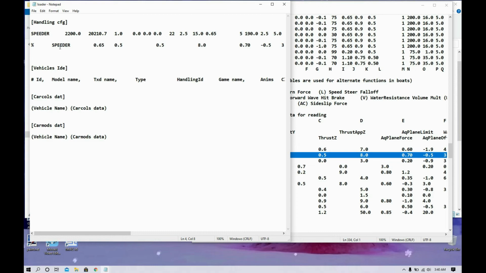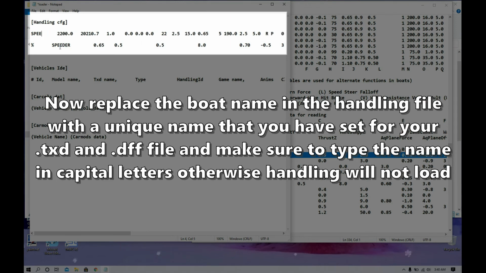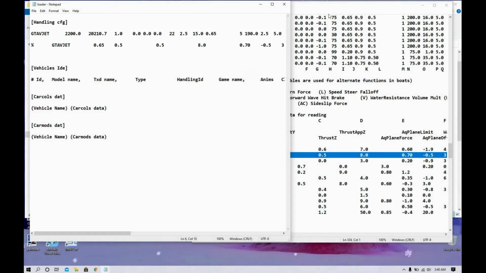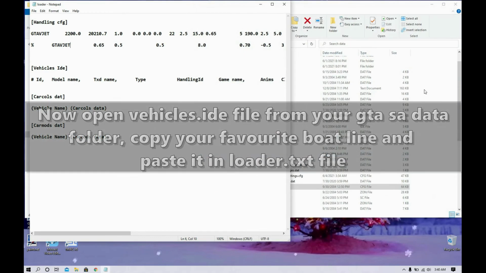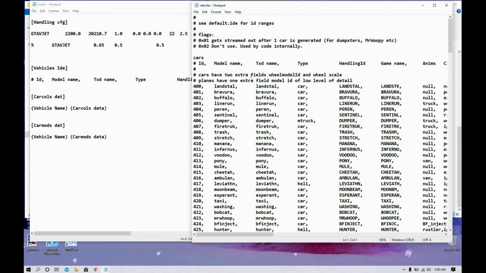Now rename this speeder with the name which you have set for your txt and dff file. So I'm going to type GTA, and make sure to write all these in capital. So I'm going to type GTA V Jet, and also I'm going to type GTA V Jet right here. Okay, so once you're done with it, close the handling.cfg file and open up the vehicles.ide file from the GTA